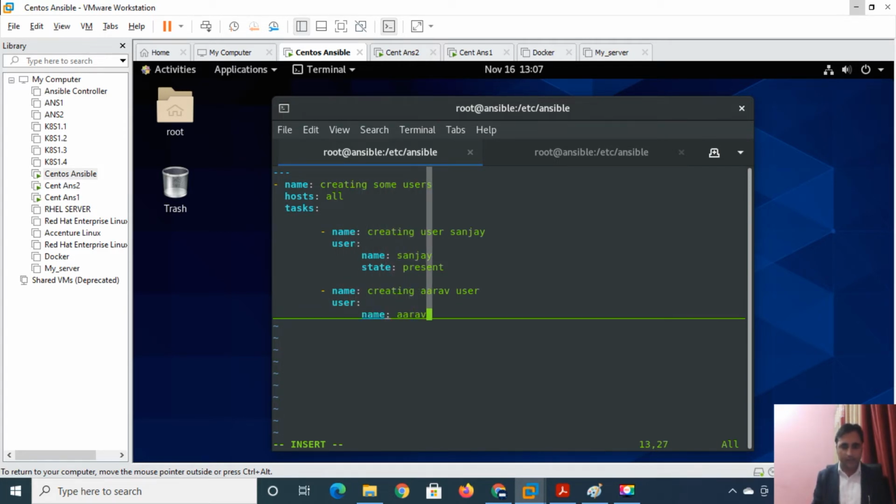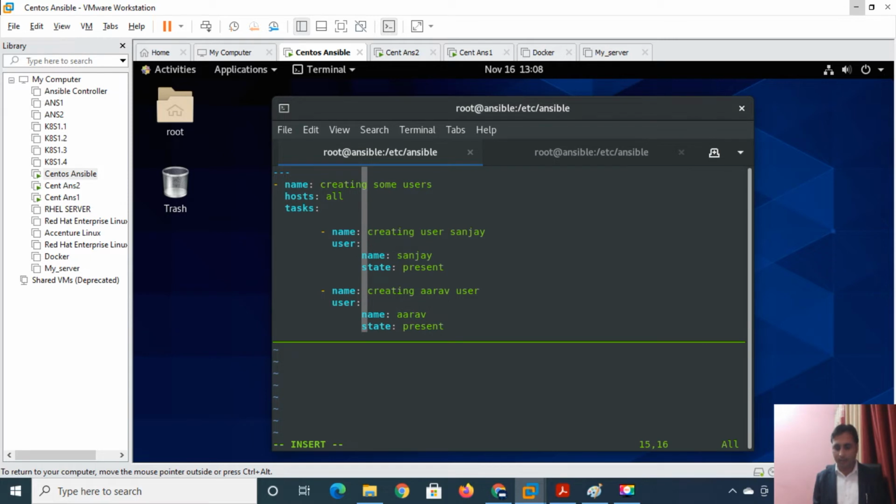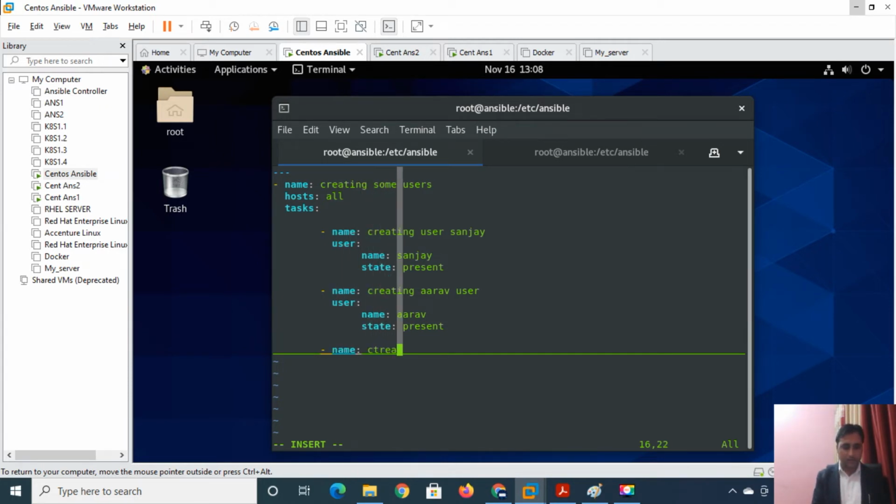Its username is Arav, state should be present. Again I am creating another user, name, creating user Ayush.